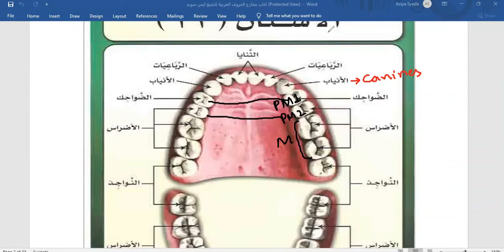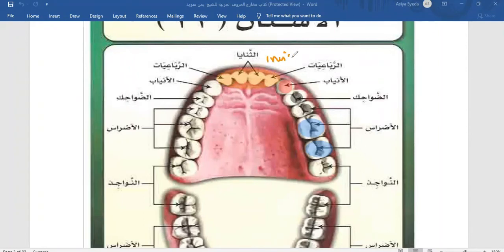Okay, so as you can see in English, it's according to the size. This one and this one are the same size, so they are premolars. Whereas if you observe, these are bigger teeth. So these are molars in English. The sharp teeth are aniyab, canines. And then the flat ones in the front are incisors. Okay, so we call these incisors, and we call these